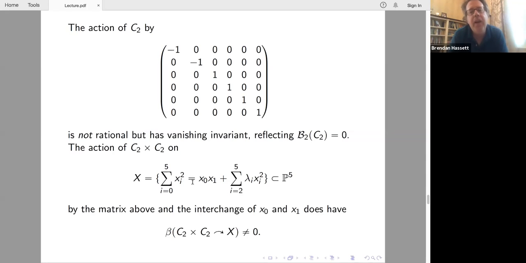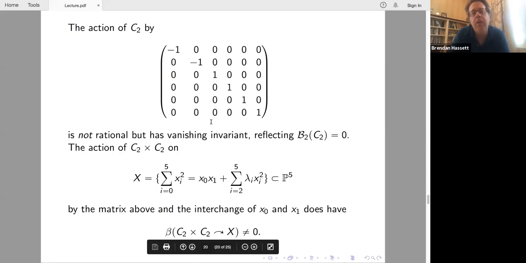But none of the machinery that I presented up to this point, none of it will allow you to see this. No matter how much I throw in the stable birational equivalence classes and such, I don't know how to use the existing simple machinery to get a non-trivial invariant here. So obviously the simple invariants, even when you throw in the additional data for stabilizers and the stable birational equivalence classes of the fixed point loci, it does not give you